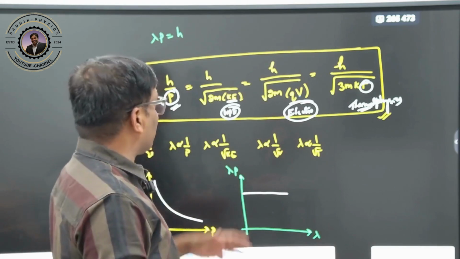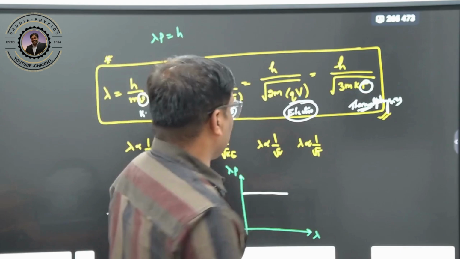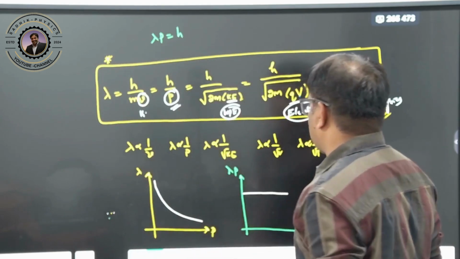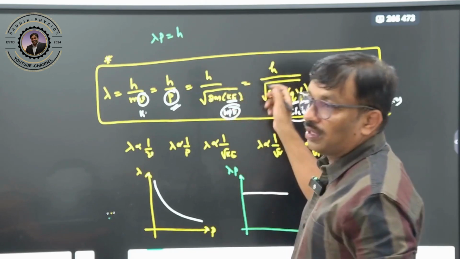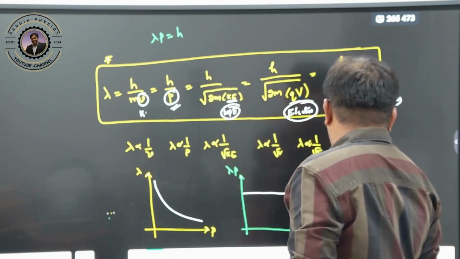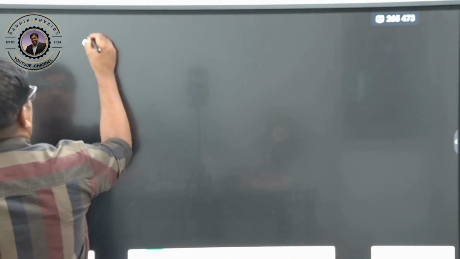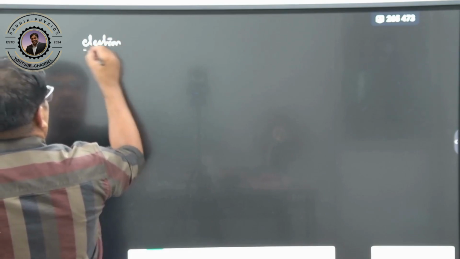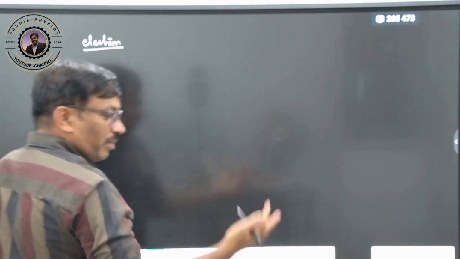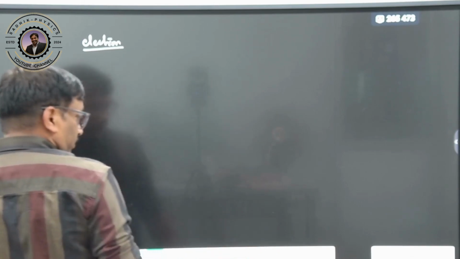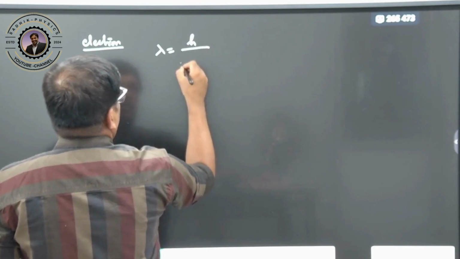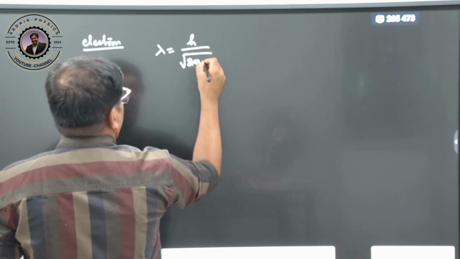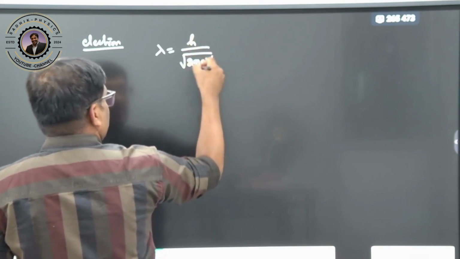related to this one. I already discussed how you can solve it. I will give some simple formulas so that the calculation is easy, because the value of h is 6.6, mass of the electron, charge of the electron, potential, and it is slightly complicated, therefore it is already constant. For the electron, this is very important. Why? Because de Broglie wavelength can be seen for electrons and photons only. Therefore lambda is equal to h by square root of 2 into mass of the electron into charge of the electron into V. So h is constant, all these are constant.